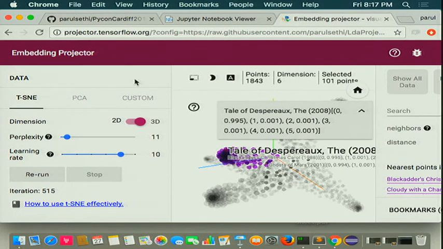So, okay, in this, the dots represent our documents, and for example, this was a visualization for a movie